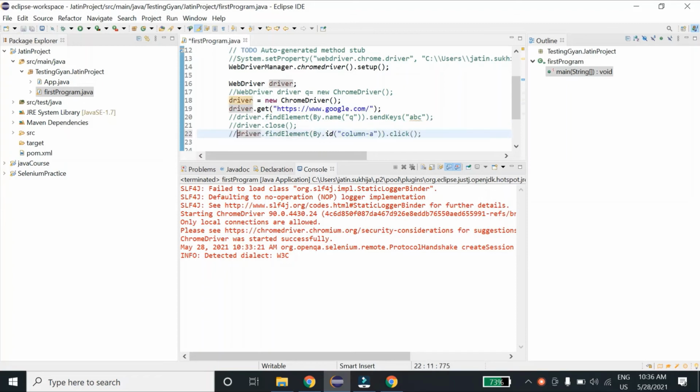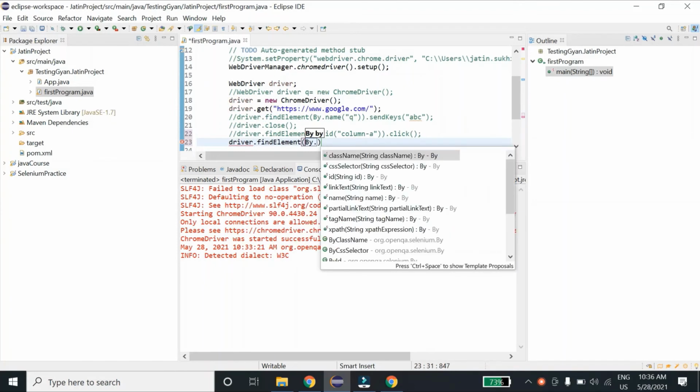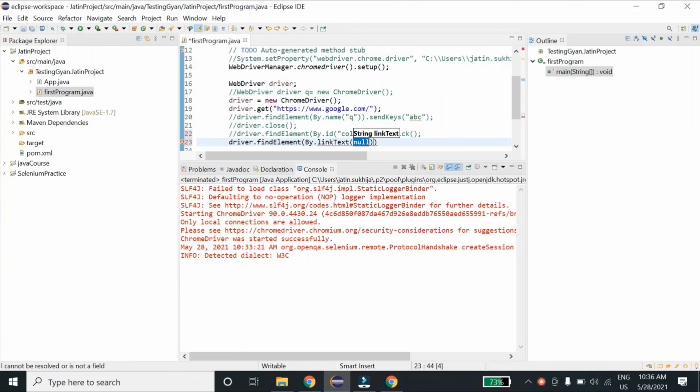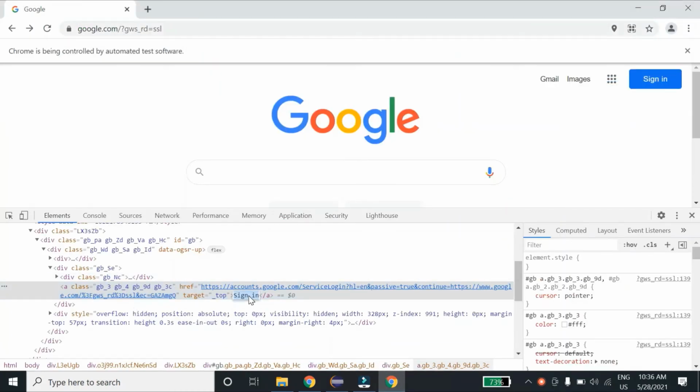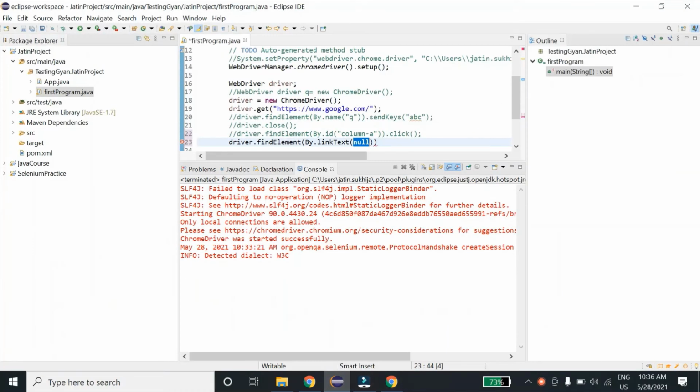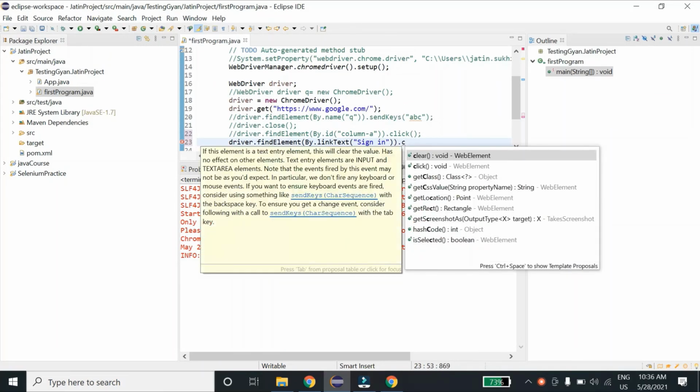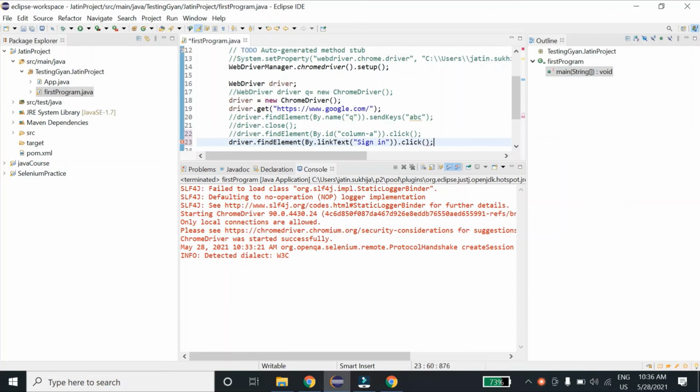Okay, I'll comment it, and now driver dot find element by dot link text, and that link text is sign in, and I want to click on this. So that's all.